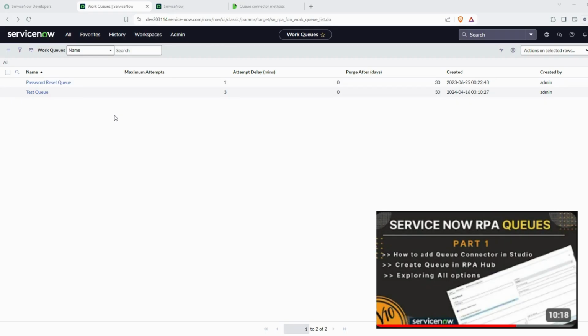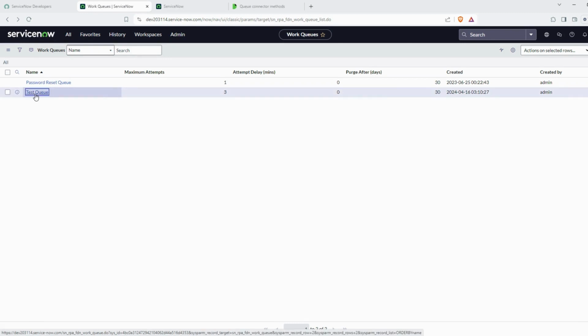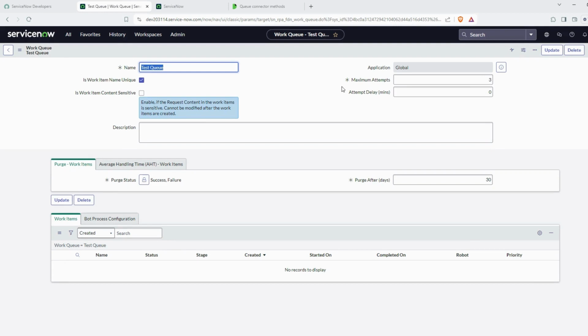In this video, we are going to look at queue connector methods. In one of my previous videos, we explored how you can create a queue and the different options while creating it. So this is the queue which we have created already, and I also explained all these options in my last video itself. Last video we created the queue in the list view, and now what I have opened is